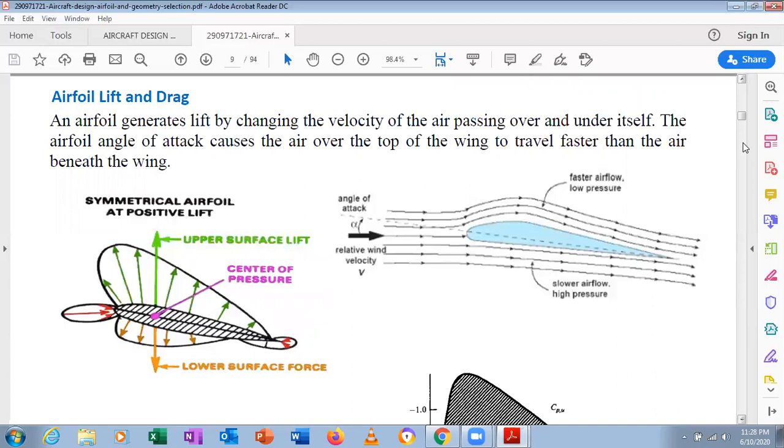have an airfoil lift and drag. An airfoil generates the lift by changing the velocity of air passing over and under itself. You can see that there is an airfoil, the flow will be over the airfoil, and there will be faster airflow, and slower air, and there will be high pressure. Yesterday when discussing, I told that it is a high pressure and a low velocity, and there will be a